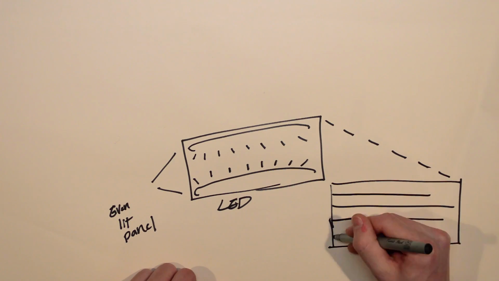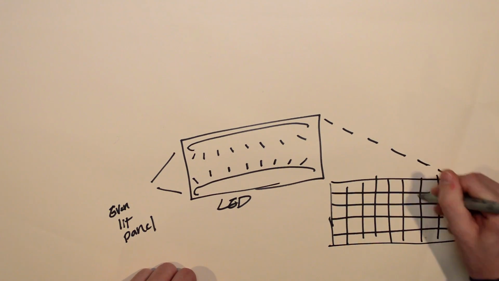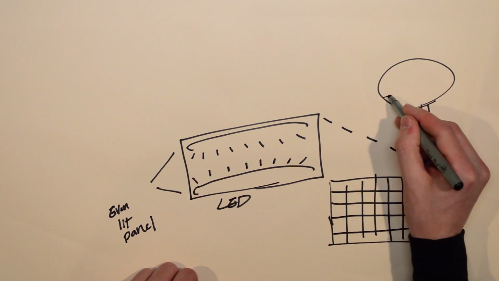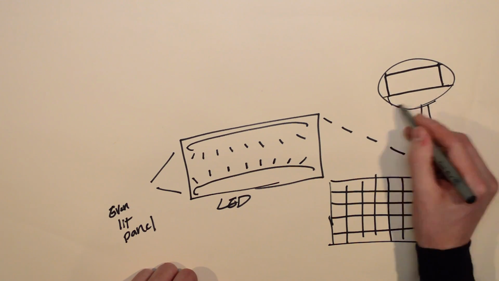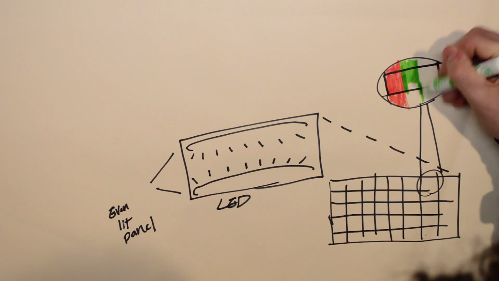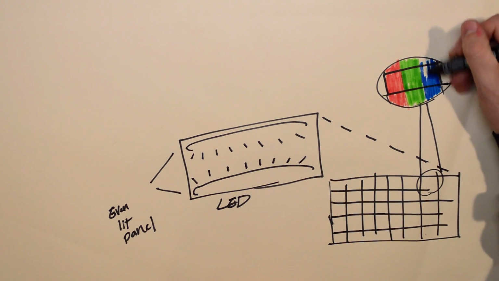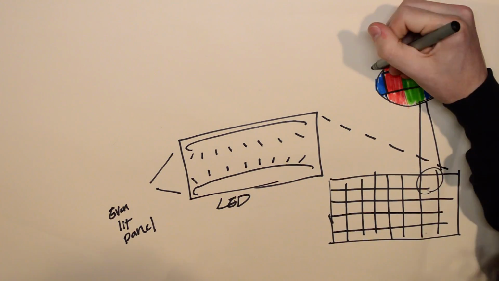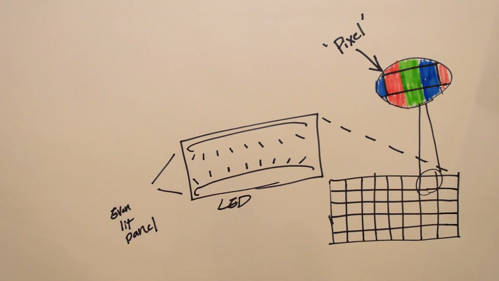On top of that layer goes the LCD filter itself. It's composed of many individual pixels, often aligned in a grid. Each pixel contains 3 different colors, red, green, and blue. With any combination, almost any color can be made using it. This allows for a multitude of colors to be displayed on a television screen, which makes for good content, such